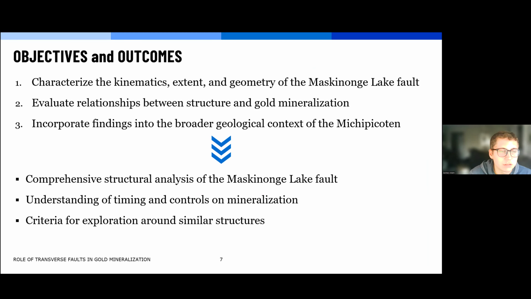So the main objectives of this work were, one, to characterize the kinematics, extent, and geometry of the Maskinonge Lake fault; two, to evaluate the relationships between that structure and the gold enrichment that we see; and three, to incorporate those findings into the larger geological context of the Michipicoten Greenstone Belt and potentially elsewhere